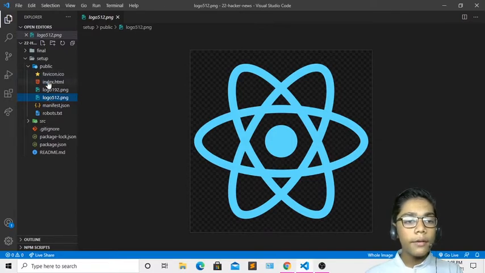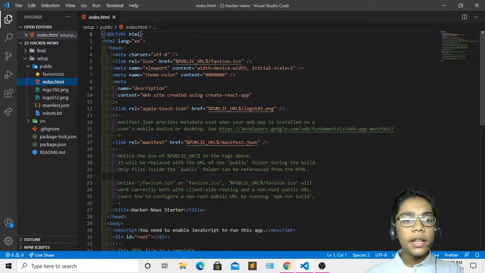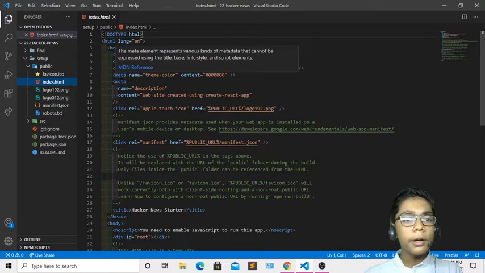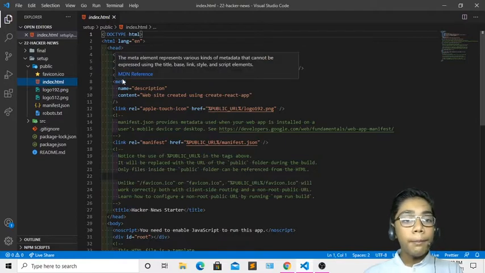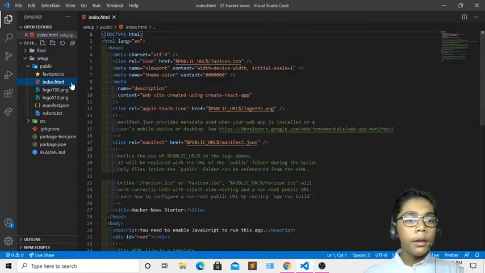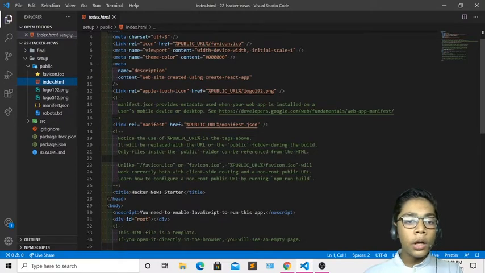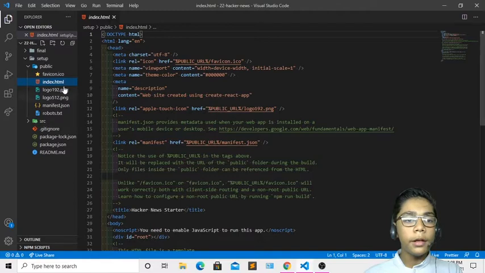You also have one index.html file, and this index.html file is here because, as you all know, and I hope you understand HTML, when we write any HTML code we run it on the browser, and when we write any React code we also run it on the browser, but we write npm start. In HTML we don't write any command, we just open its file, and it will automatically open in your default browser. So we have to take the help of HTML to run our React app on localhost. I will be closing this public folder now.